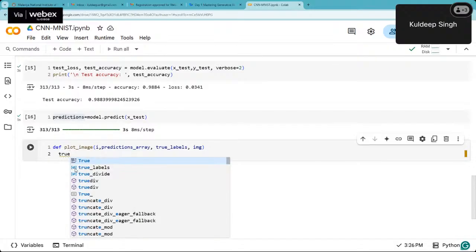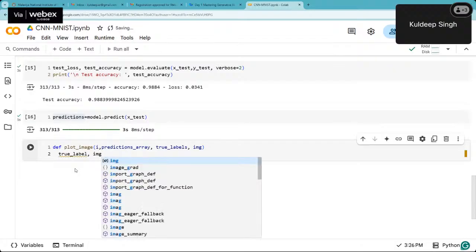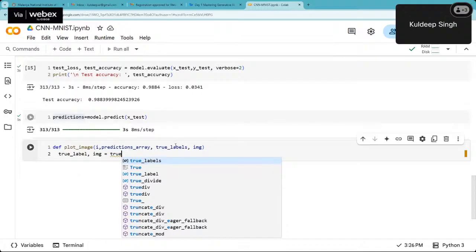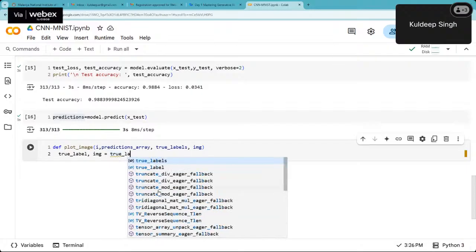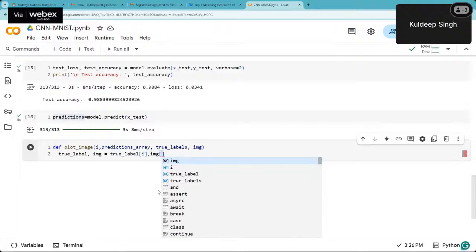So true_label, img is equal to, so this particular true label is an array. This image is also an array of the image. So we are extracting individual labels and the image from the ith index. So true_label, and the index is i, and also the image from the ith index,